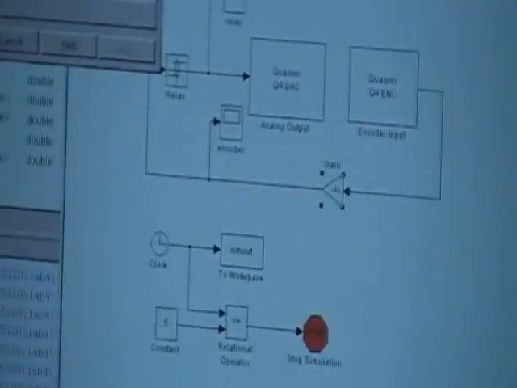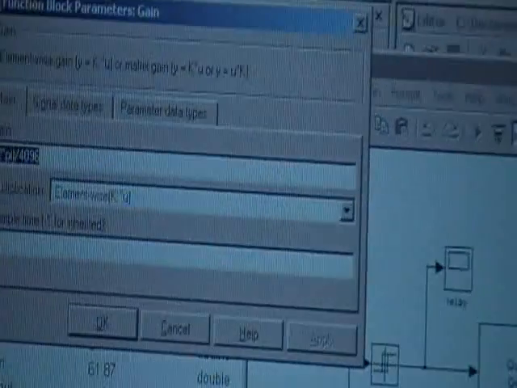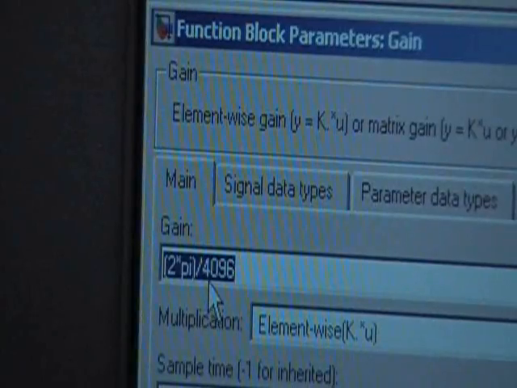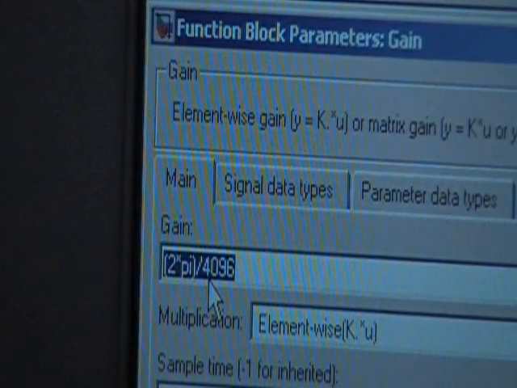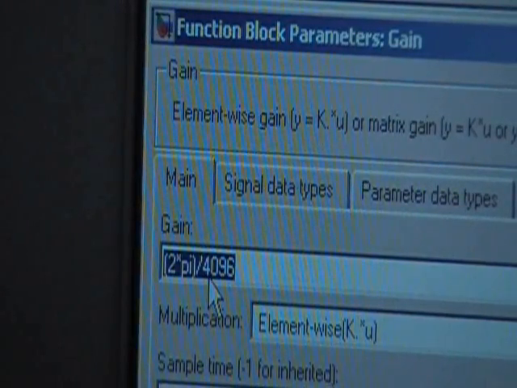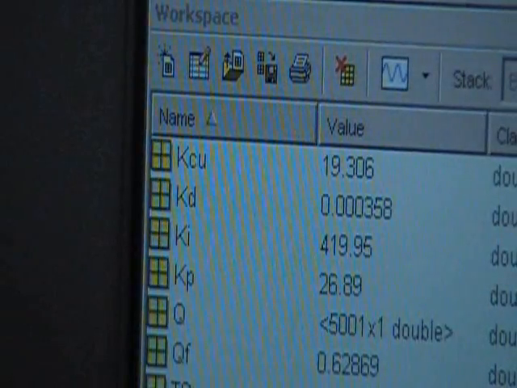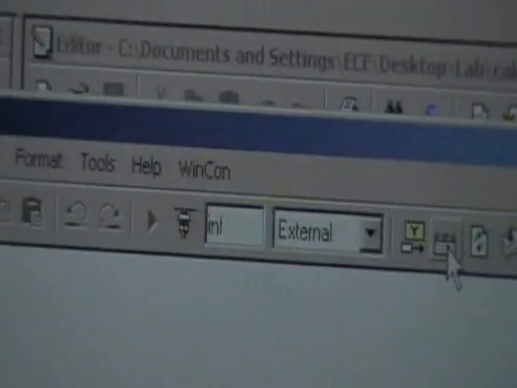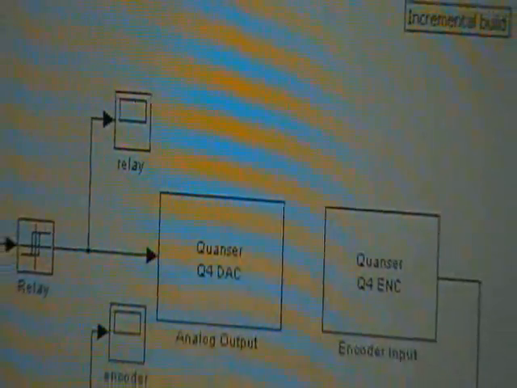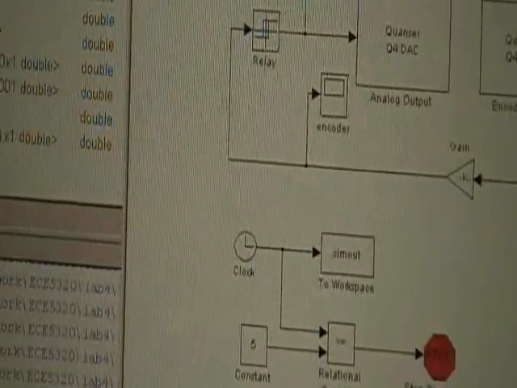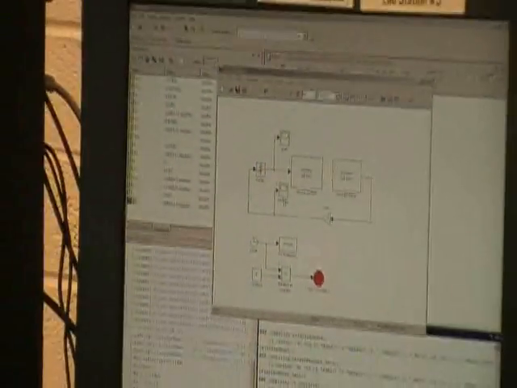So remember the convention that we have after the encoder input is going to be 2 times pi divided by 4096. 4096 is for the angle, because your encoder has that many counts per revolution. So you pretty much have to run the program. Build it and run it and see what you get. Because we have 2 outputs,